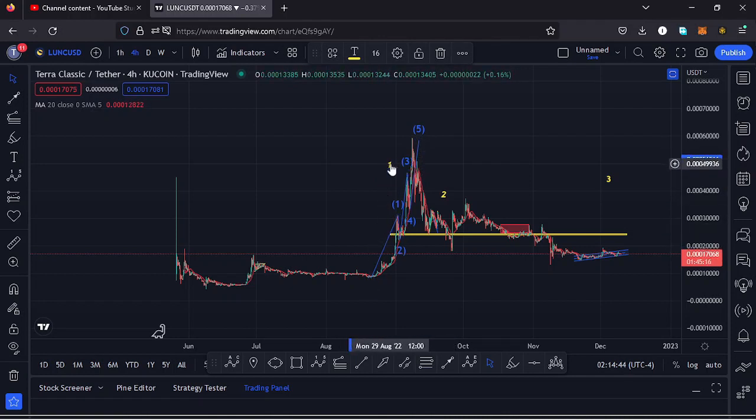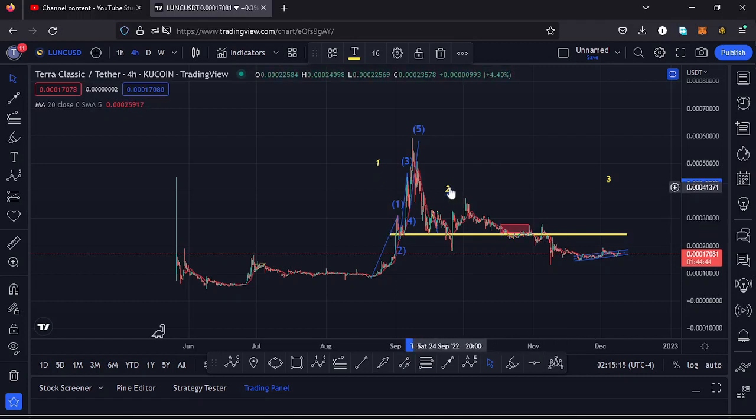And after seeing the formation of a higher Elliott wave count 1, whatever we expect next is a bit of a retracement to the lower side in the formation of a higher Elliott wave count 2, and I believe that is what we have been seeing over here. And in the formation of that second wave, we have seen our low at around the $0.000013 mark, and that has happened after losing the key area of support at around the $0.00002324 mark, which is the area that I have shown you here using this yellow marking right here.